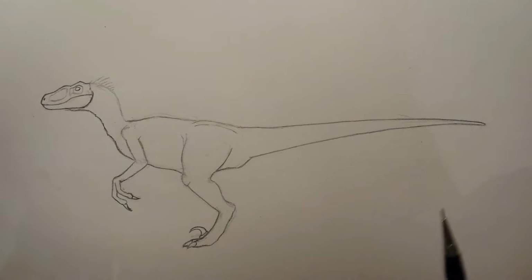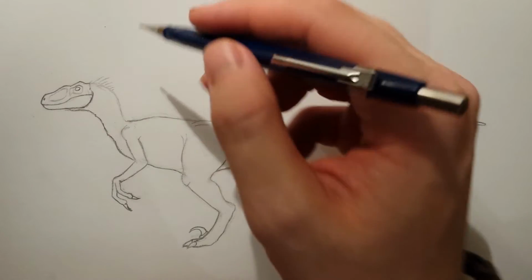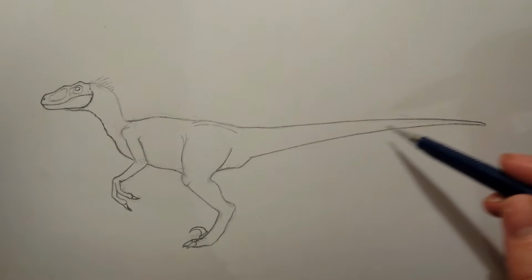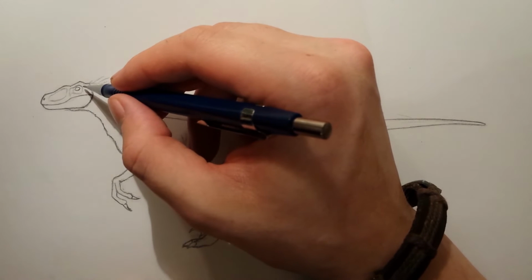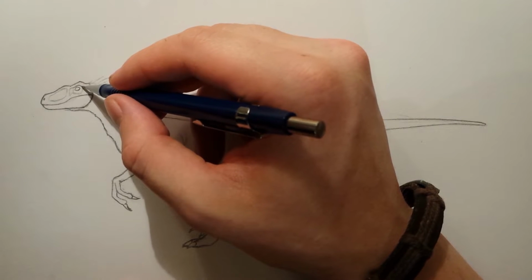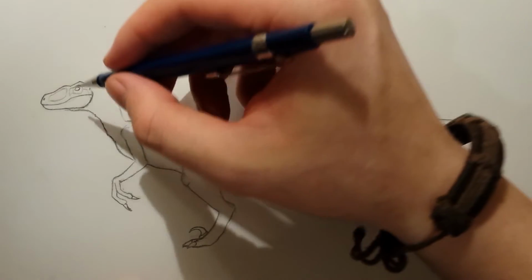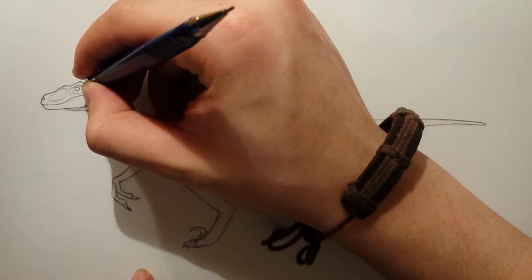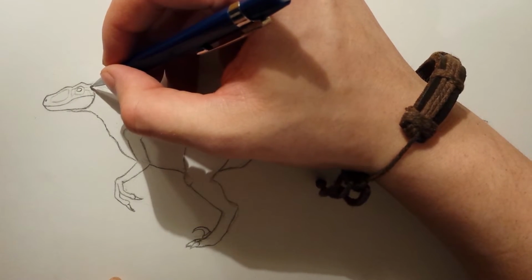So the first thing we want to do right now is draw in this line, because he has a white stripe going from his head all the way until his tail, till over here somewhere. So that's the first thing that we want to draw in, and we can't ever go over this line, and put it in very lightly. You want to erase everything that's going to be in his path,